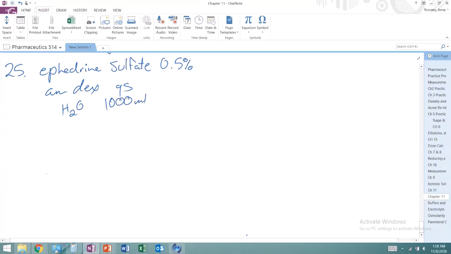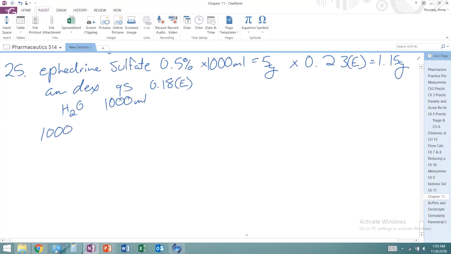All right, so we need to find out how much, and that should be 5 grams, and then its E value is 2.3, and so then that is 1.15 grams. Okay, and QS, this one is 0.18 E. And so then we have to find out our sodium chloride amount that we would need to make it